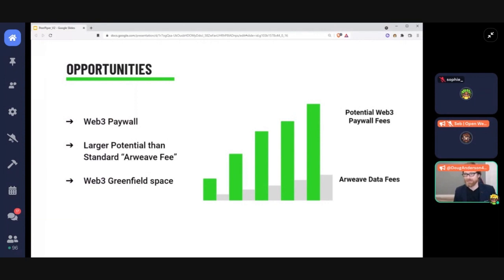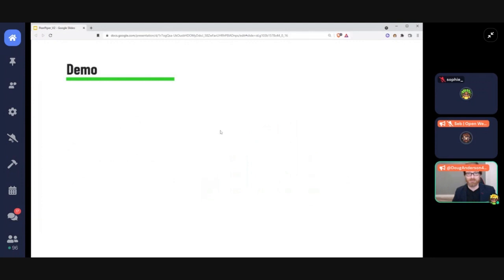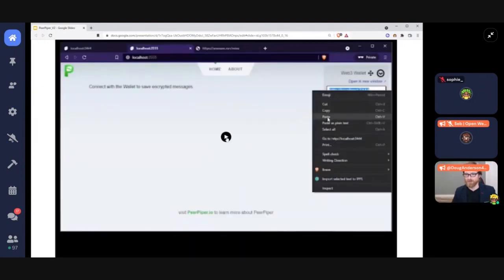I also see this in terms of profit sharing communities and profit sharing tokens as a larger potential than just tacking on a 10% fee to the pennies that we pay for Arweave data. It's fairly cheap. Whereas if you're tacking on a 3 to 5% fee for something that's dollars, tens of dollars, or hundreds of dollars, that would be a potentially larger revenue source. And I also see this as a, pardon the pun, greenfield space, because I haven't run across a lot of apps out there that actually offer this, let alone ecosystems. So let's get into the demo to see where we've got with the proof of concept so far.